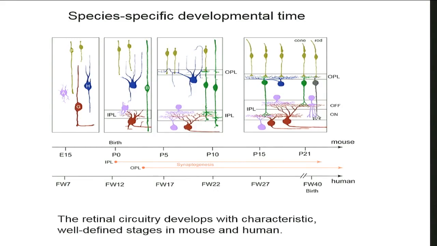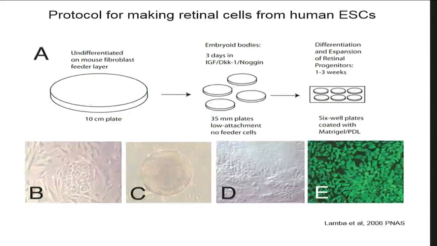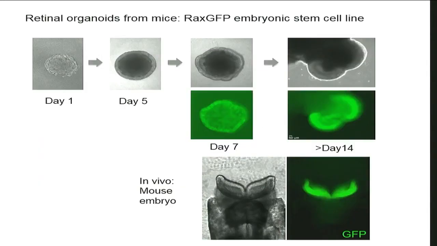And so we're using iPS or ES cells derived from both human and mouse to study the process in organoids. Now, we first developed a protocol many years ago for growing cells from human ESCs, and we in our lab and other labs have found ways to grow similar kinds of retinal organoids from mouse. In this case, we have a RAX GFP reporter mouse that allows us to grow organoids and track these organoid formation from ES cells. And it forms similarly to what you see in vivo.